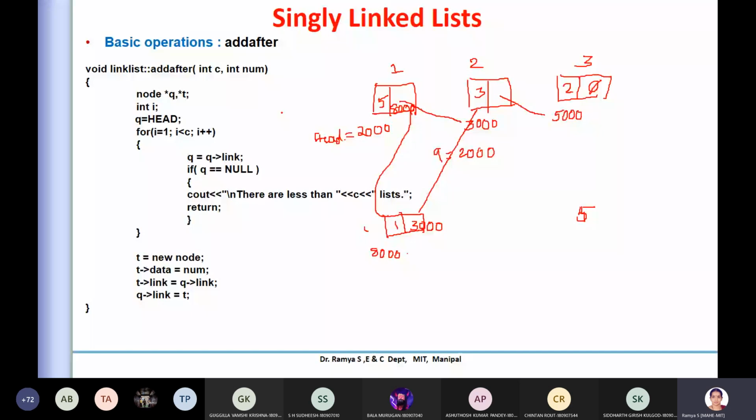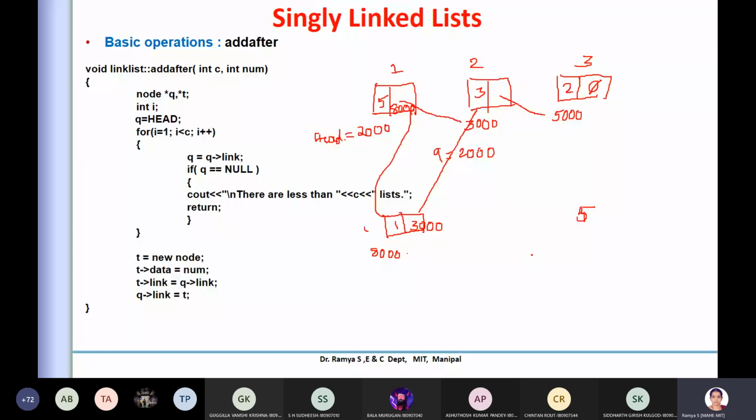So in this case, add after, you want to check whether you can insert the values or insert the node at any in-between node. And you have to check whether the length of the list itself is lesser than what you are specifying. So you are trying to take care of all the conditions. I hope it is clear.